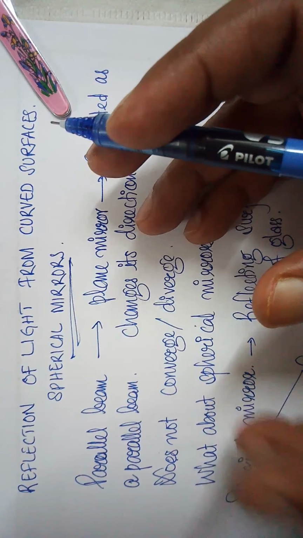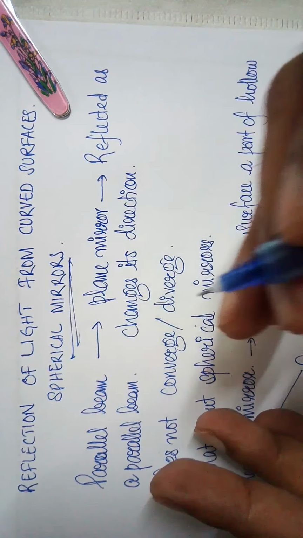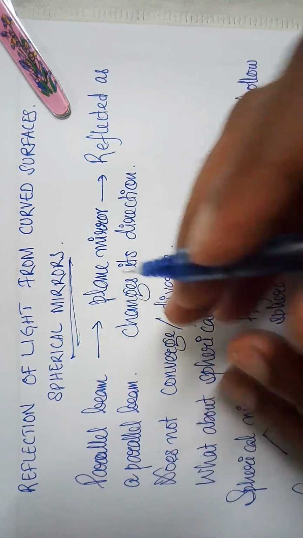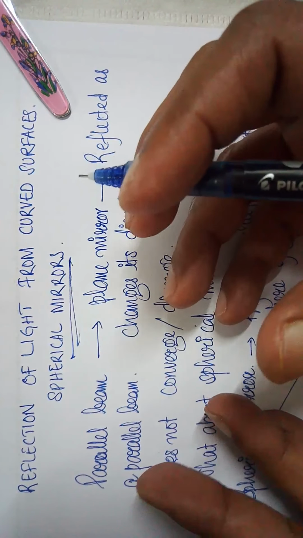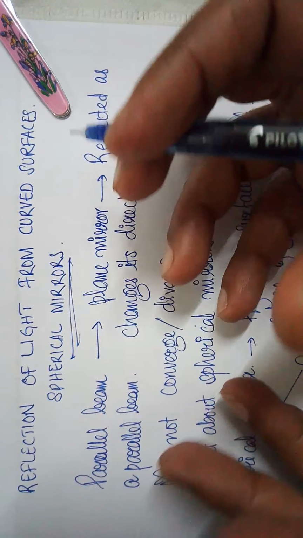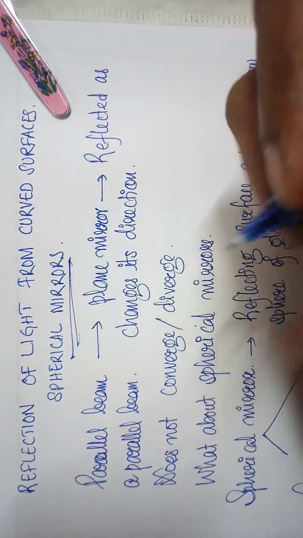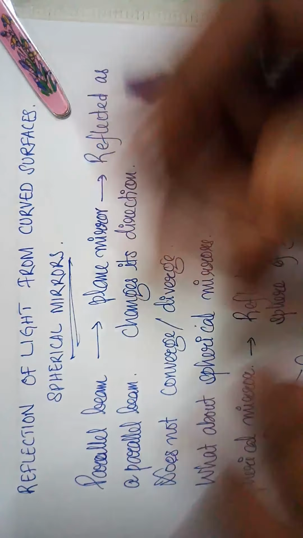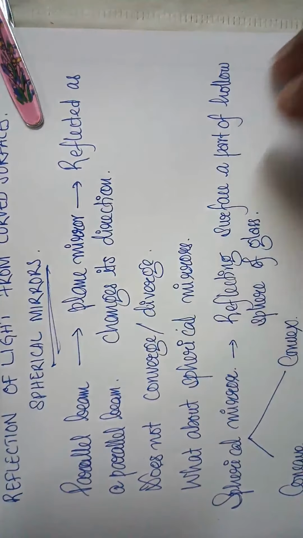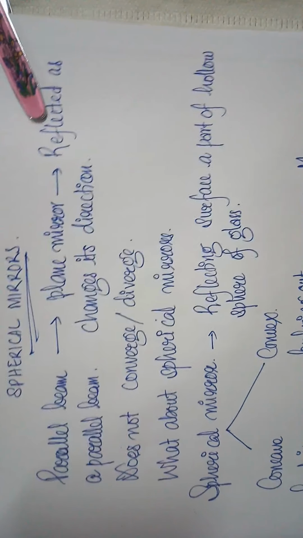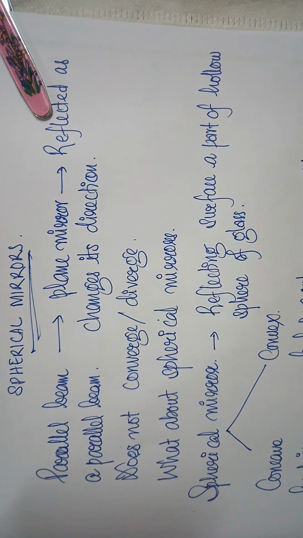You know convergence and divergence? The parallel rays of light are not coming closer, or we can say not converging, and the light rays are not spreading out, or we can say not diverging. We will now describe the spherical mirrors which can converge or diverge the parallel rays, or the beam of light which falls on them.